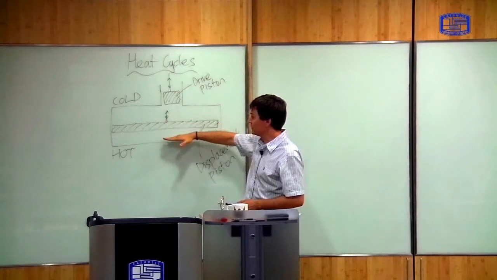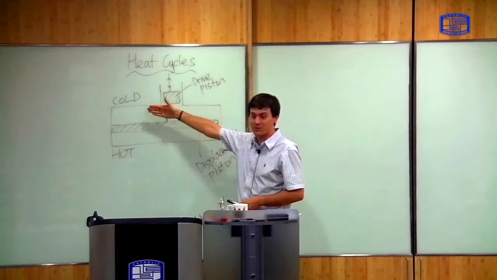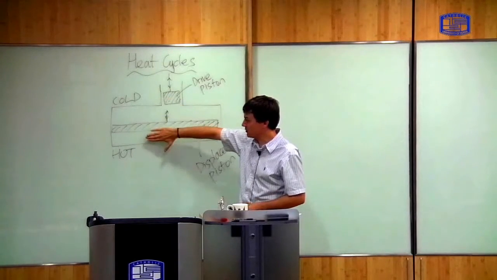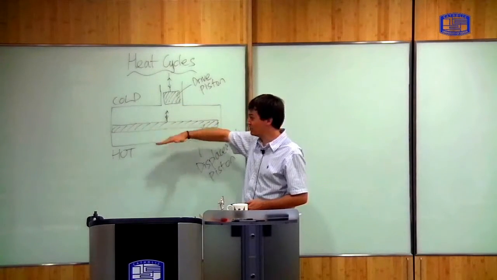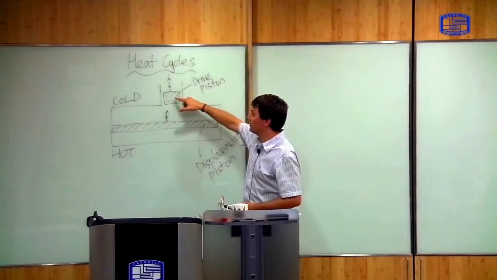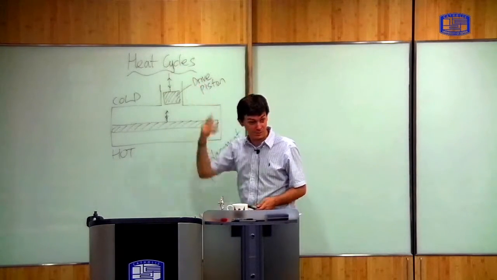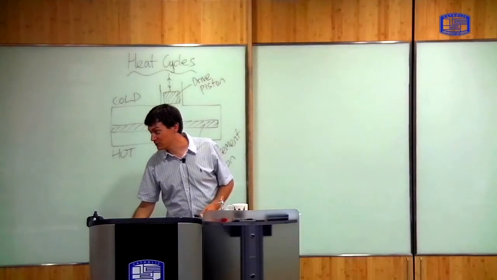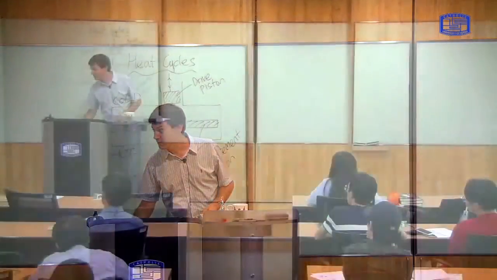The displacement piston moves the air either onto the top, where it's cold, or onto the bottom, where it's hot. So the displacement piston controls the temperature, the drive piston controls the volume. Right. So I'll play this video again, and you notice